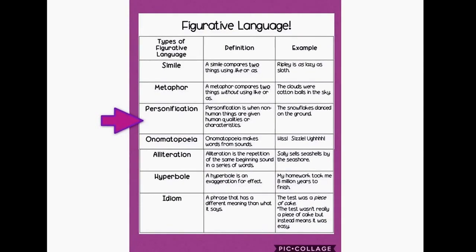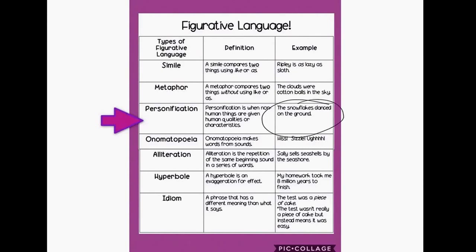In class, we also talked about personification. Remember, in the word personification, they use the word person. So an easy way to remember this type of figurative language is that we're making something that is not a human, a non-living thing, act like a human, or making it have a human quality. So for example,